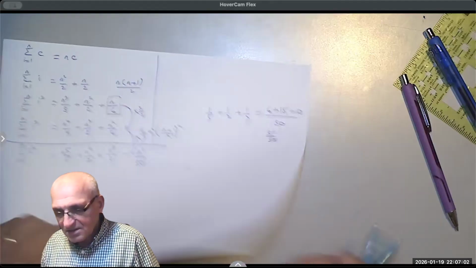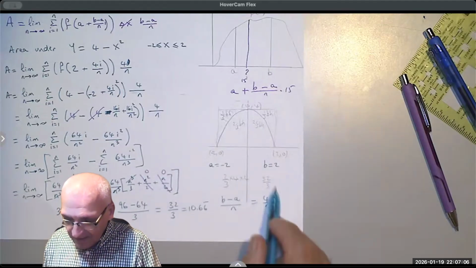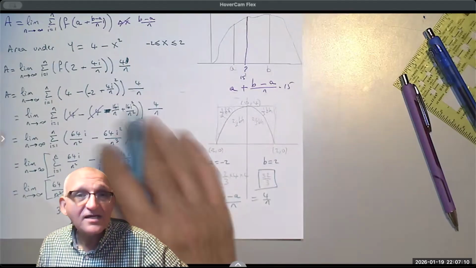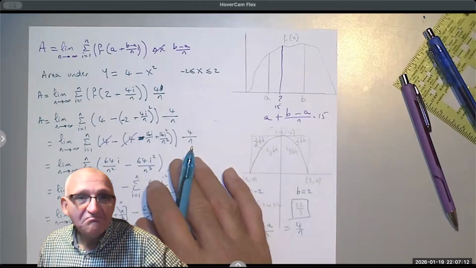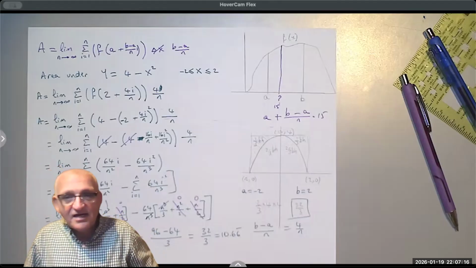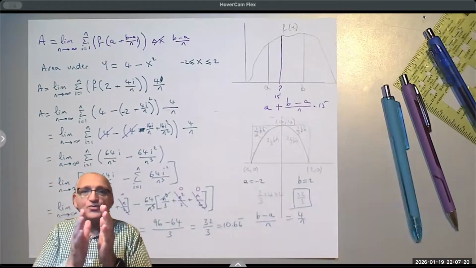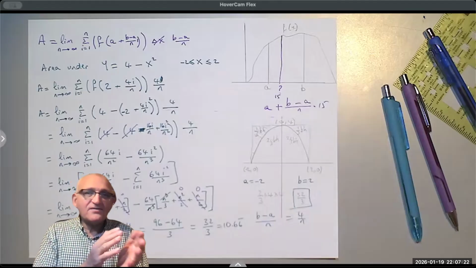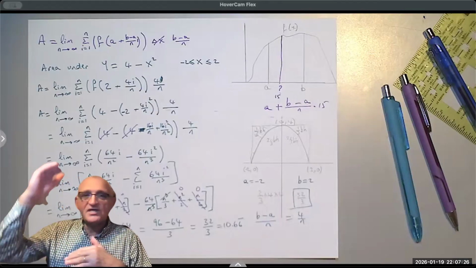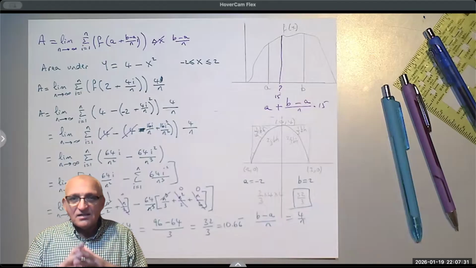Which we already did here, right? And we did it, 32 over 3, here it is, and we did it with the calculator. So basically we found the limit approximation of an area, and we got the exact answer. So we started with the trapezoidal method. We calculated from the left and from the right. We got a lower limit, upper limit. We said we can average. We used the